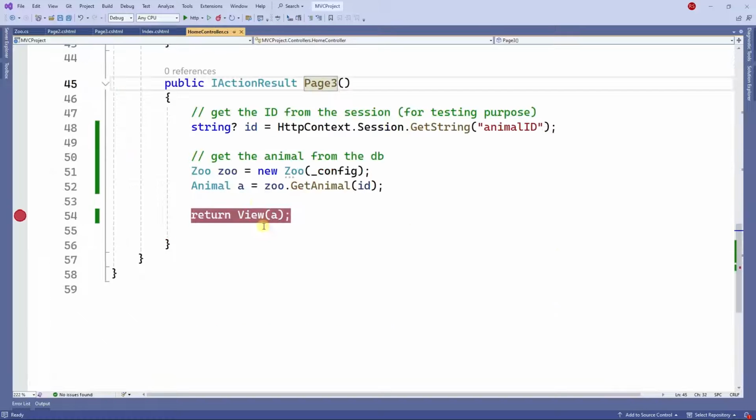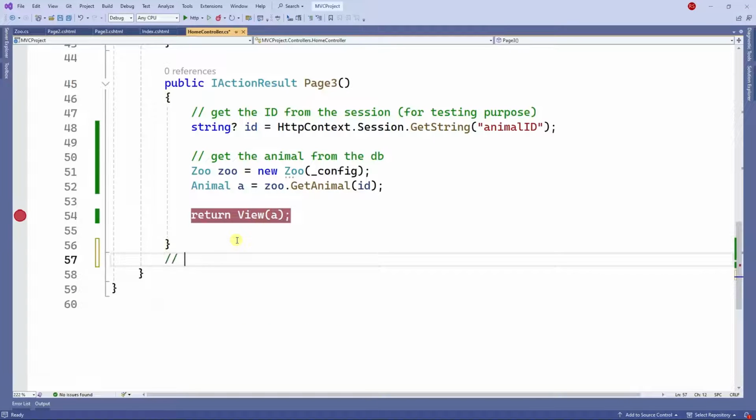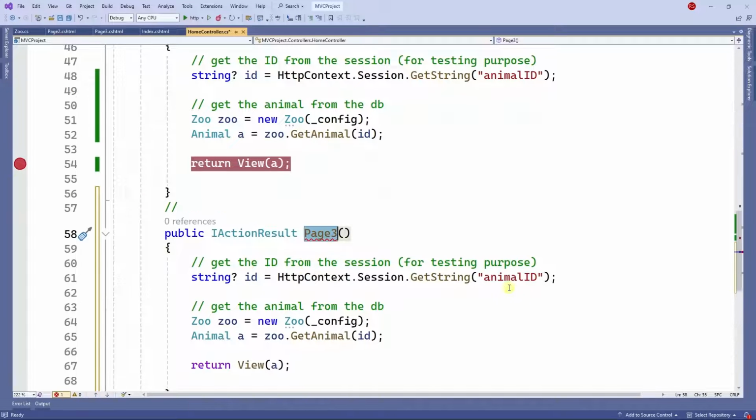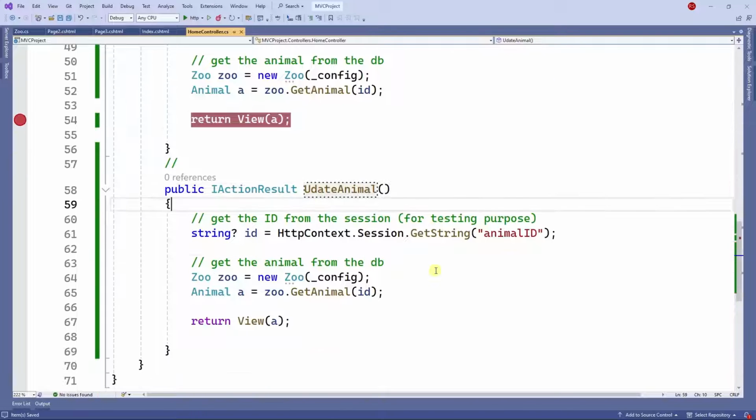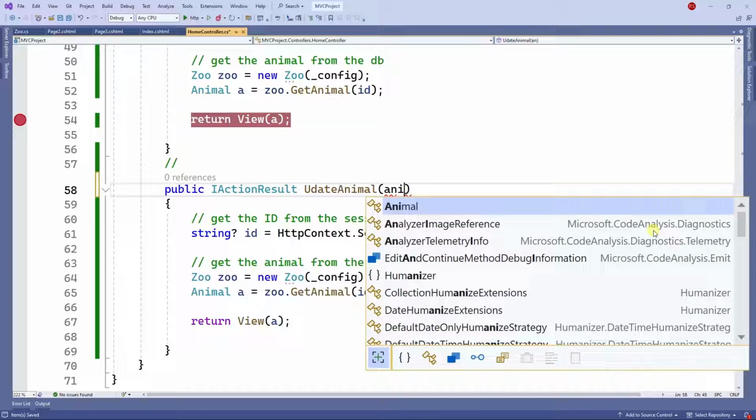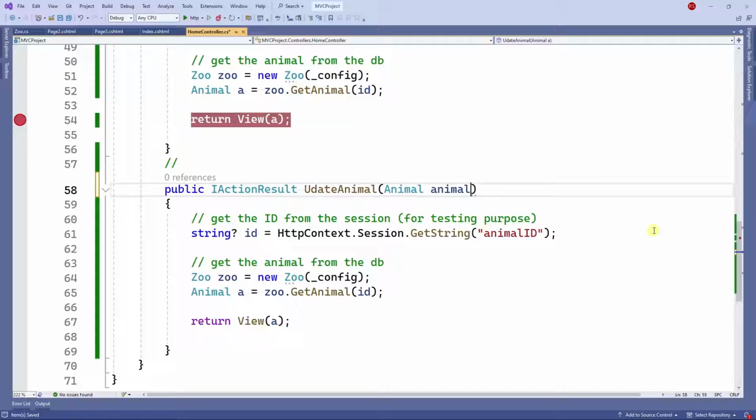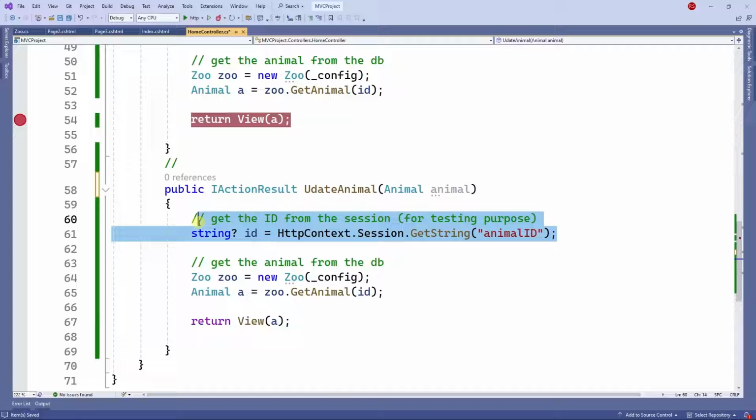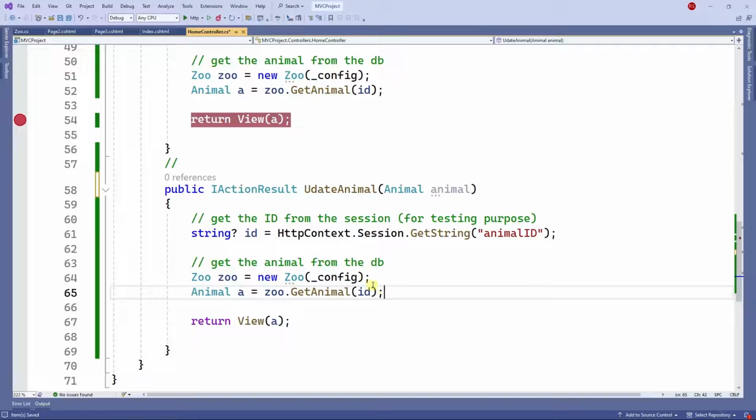action. So right here, I'm gonna create the update animal action. So I'm gonna copy this action and I'm gonna paste right here, and then finally I'm gonna change the name from page 3 to update animal. And now I can work on this action. So the first thing I'm gonna do, I'm gonna receive the animal model as a parameter, and then I have the ID from the session, and here I only have the zoo